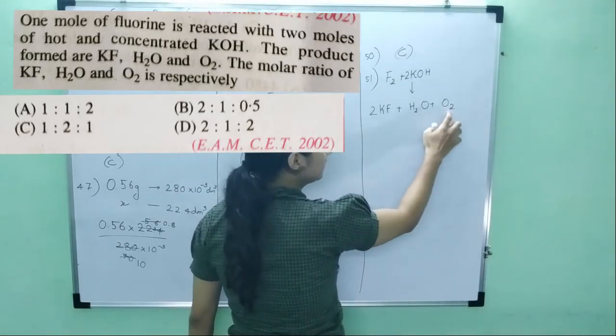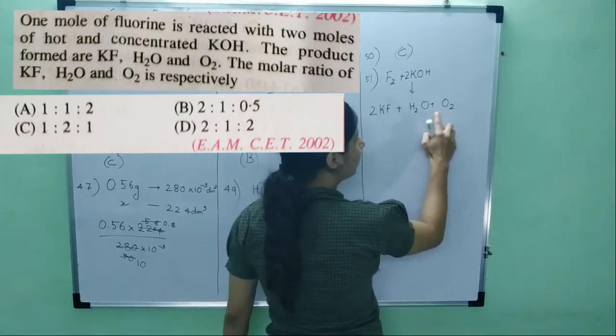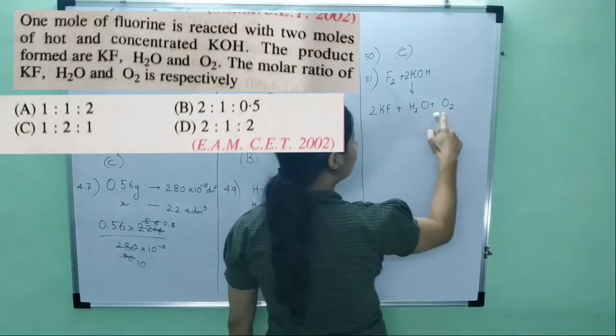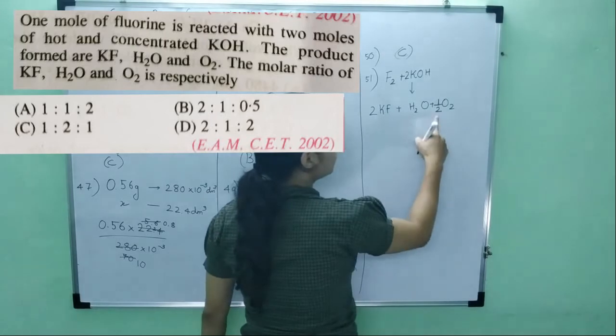We can change this. Now if I want just 2, I'll have to make this as 1. So if this is 1, this is 1, this total becomes 2. How can I make this as 1? I will divide this by half. Right? So half of